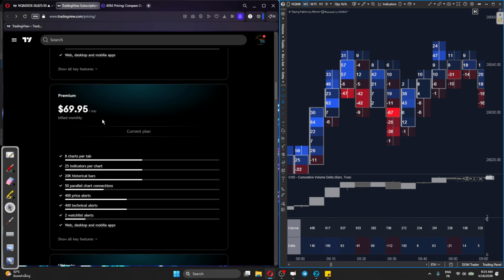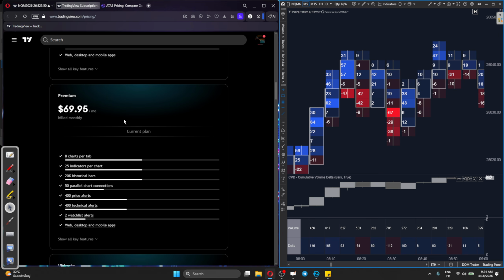And to that, you would have to purchase the data, which is quite practical, by the way, on TradingView, because you don't need to get a separate data provider. They will sell you the data right there after you get your monthly premium subscription. You can then get your data right away from TradingView for around $7 to $10, $15, depending on how much data you need. For me, I only trade NQ, so I think it's around $9, $7, let's call it $10